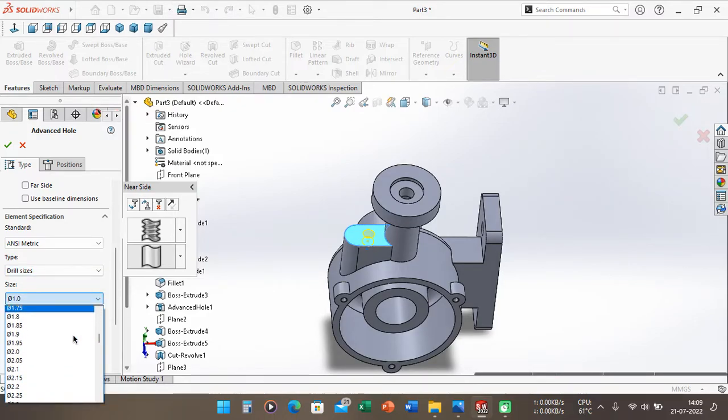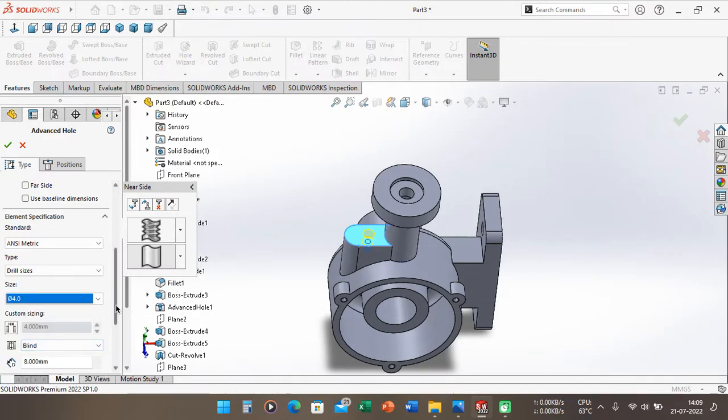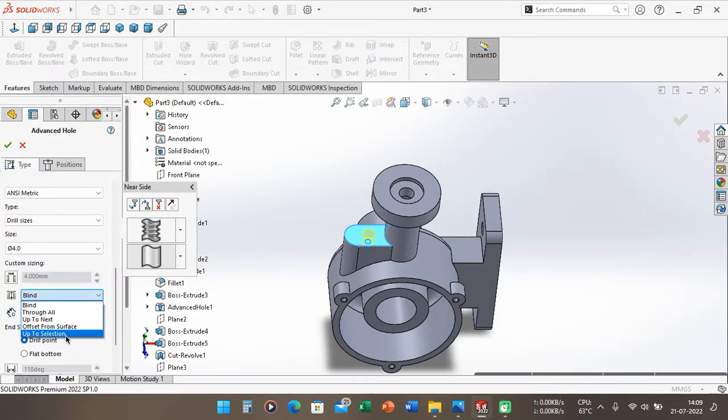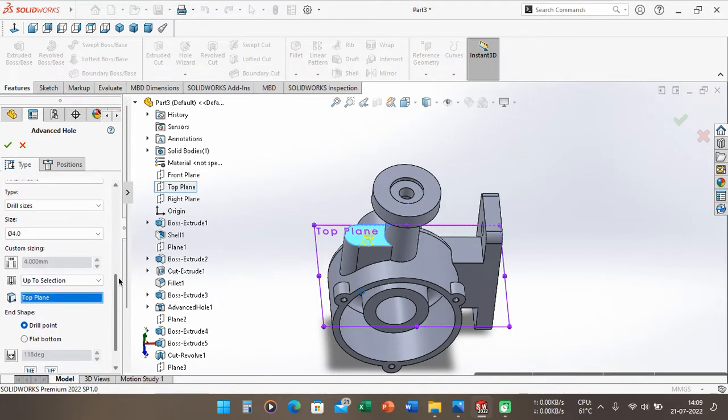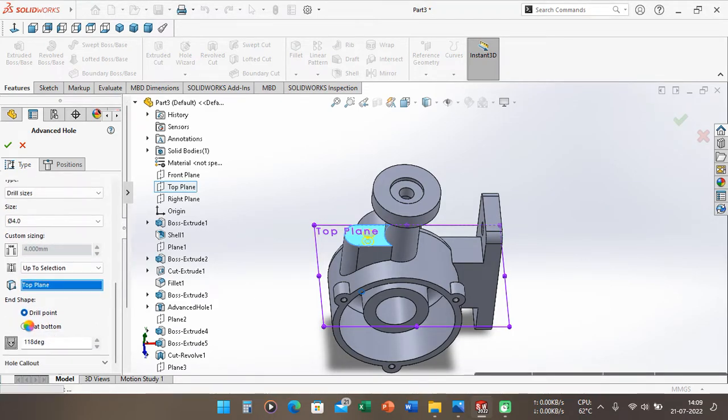The size is 4.0, and on the direction I choose up to selection here. We can choose top line, okay.